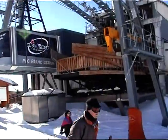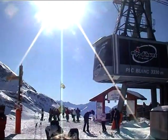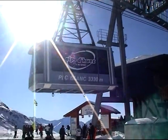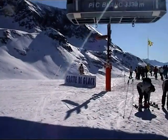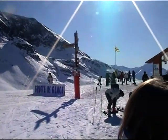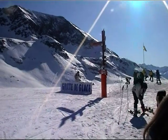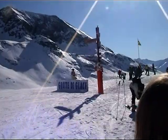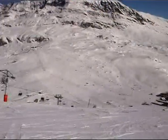So you end up at this, which takes you to the highest point if you want to, Pic Blanc, at 3,330 meters, not 31. But if you're not going to go up there, the couloir takes you down to the mid-station. And as that's the only run that actually takes you over that side, apart from Chamois, which is red, which is closed, that's the top of Signal now with the red one down, and meanwhile off to the left